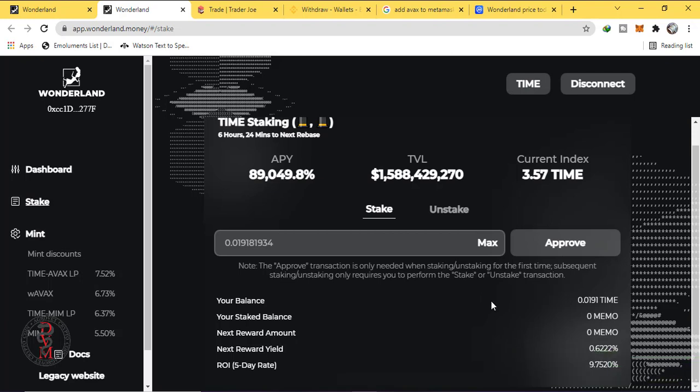Approval is only needed for the first time. Now again refresh the page and stake time.